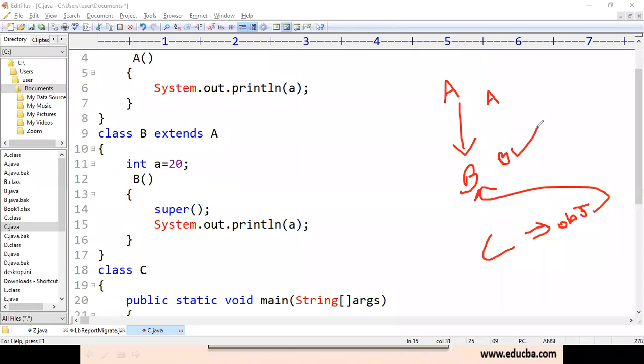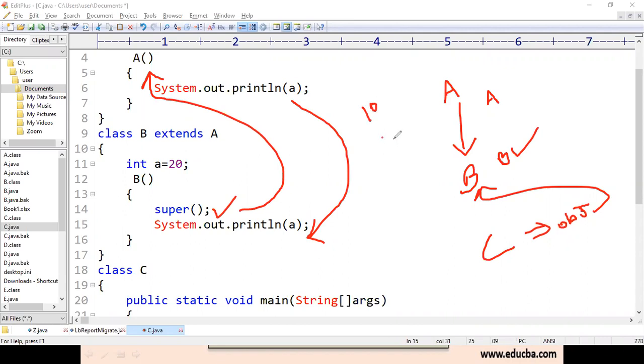When the constructor is getting executed, the first statement inside the constructor will be the super keyword. Whether we write it or not, it will be the first keyword inside the constructor. When the super keyword is encountered by the compiler, it is going to execute the superclass constructor. After the execution of the superclass constructor is completed, it will execute the remaining lines of the present class constructor. So if the superclass constructor was executed, then 10 will be the output. And if the remaining lines of the subclass were executed, 20 will be the output.